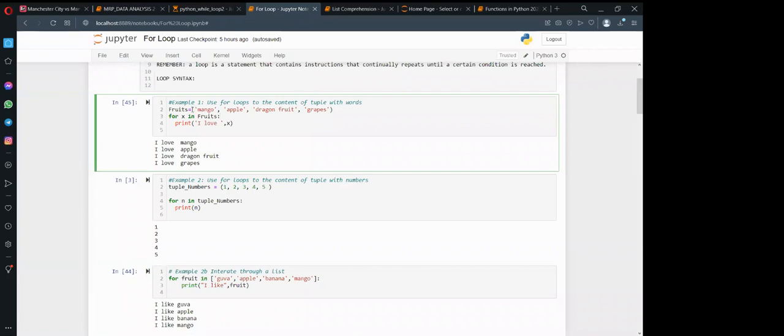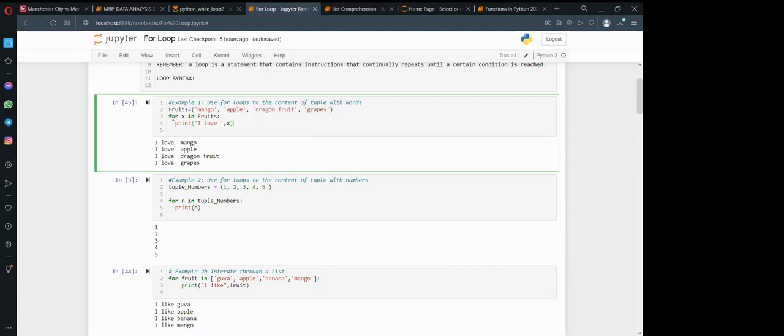We have the round brackets, that is the tuple. For the list, it is the square bracket. So we assign the tuple a variable called fruits, and inside we type various types of fruits.